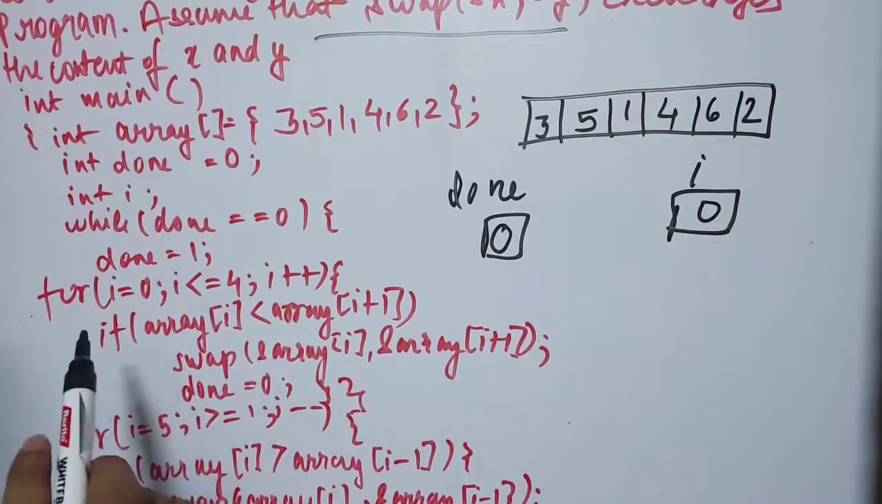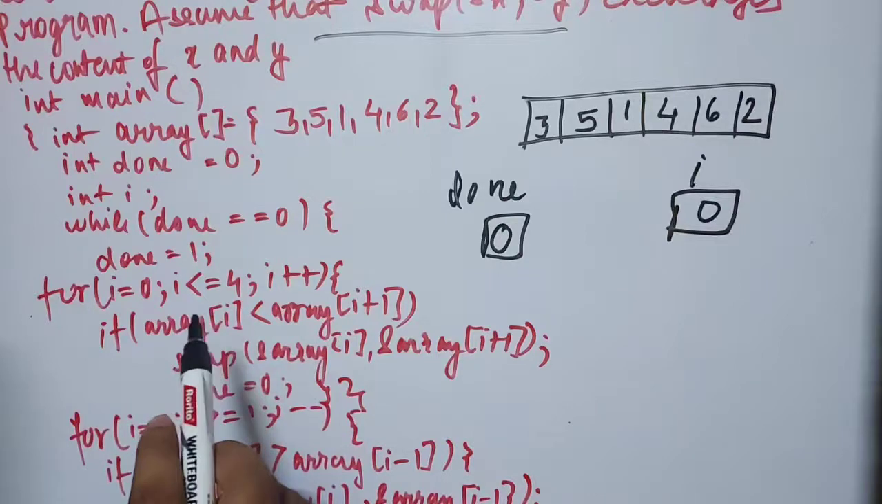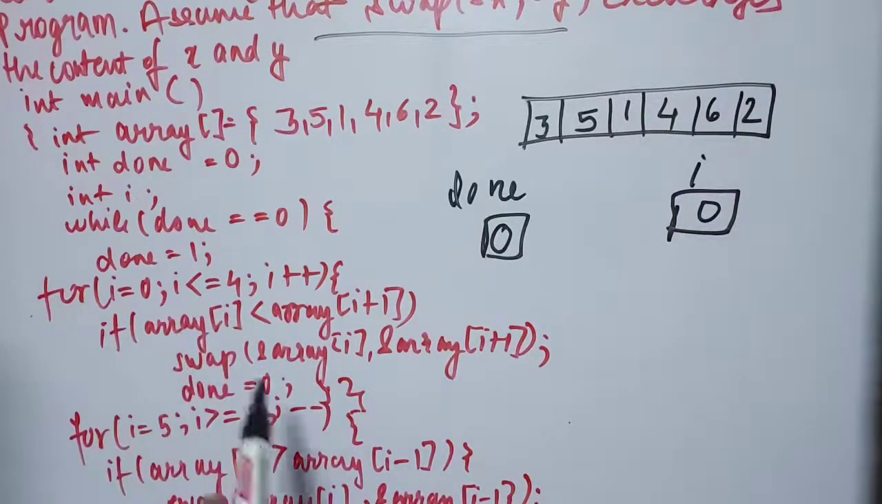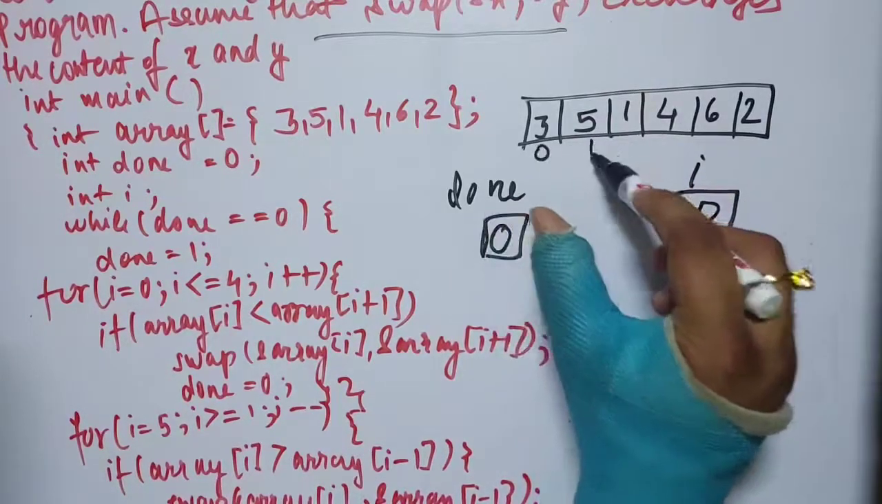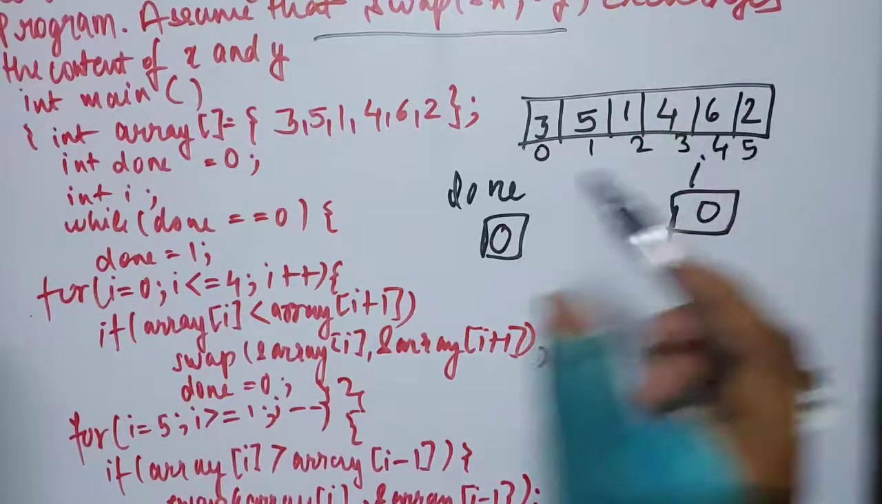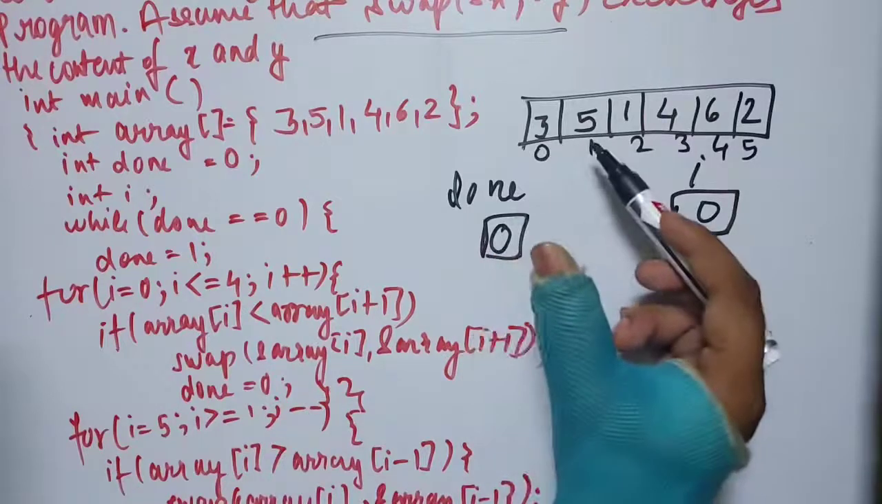We check here i equals 0, the condition is true. i is less than or equal to 4, 0 is less than or equal to 4, so the condition here is true. So it will enter the for loop and check the condition: if array[i] is less than or equal to array[i+1]. Let me do the indexing here: 0, 1, 2, 3, 4 and 5. array[0] is less than or equal to array[1], 0 is less than or equal to 1, the condition is